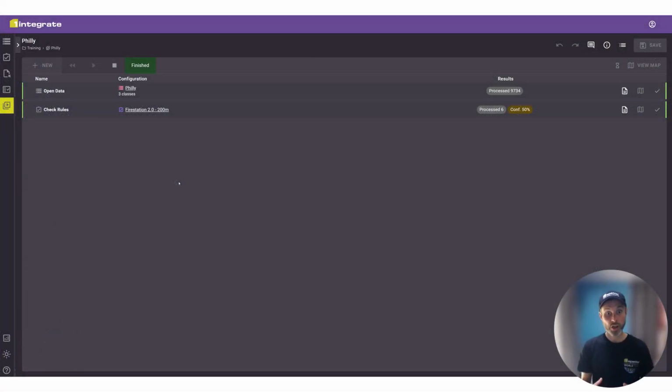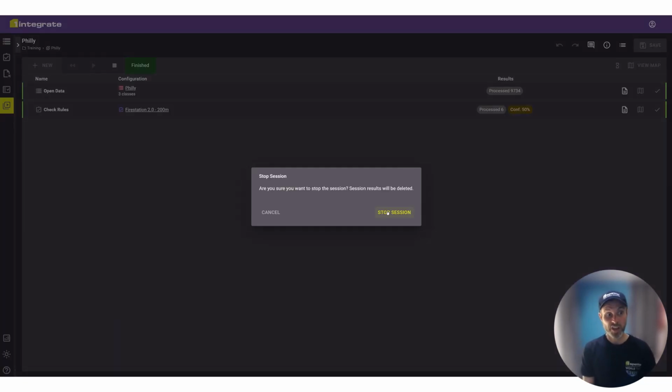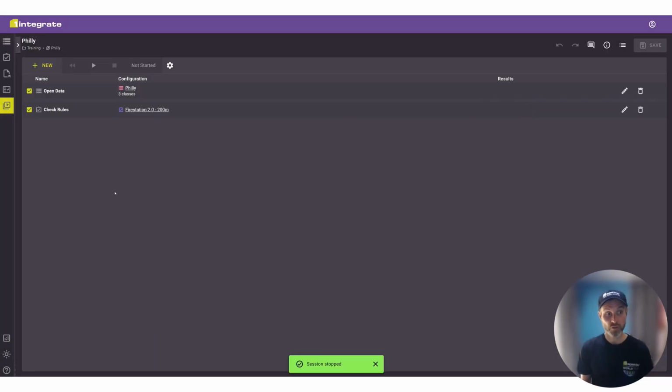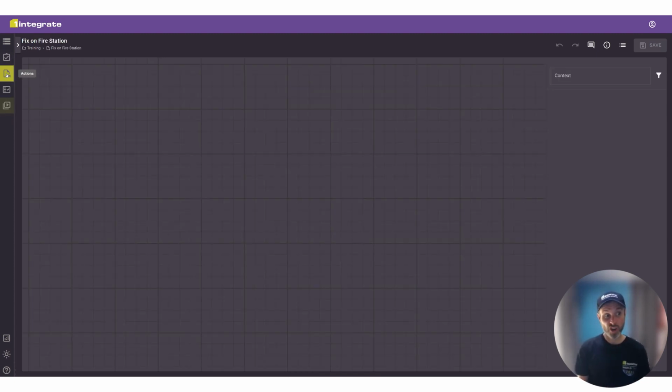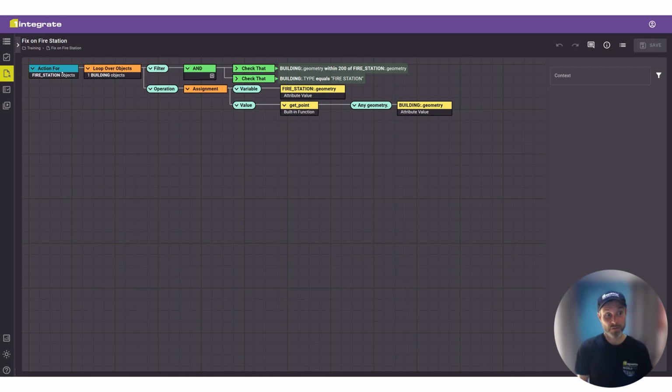So here we're going to look at some of the corrections that we want to do in the products. Here we've got our session with our fire station rule. We built it using the rule building canvas, but what I'm going to show you is an action, a corrective routine that we've got, and the actions part has the same sort of look and feel and experience around the rule builder